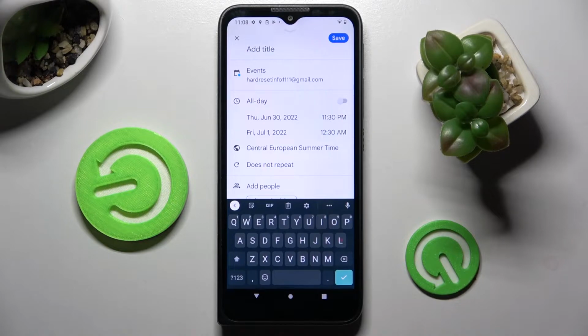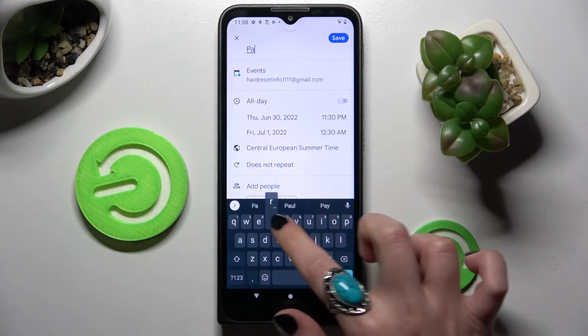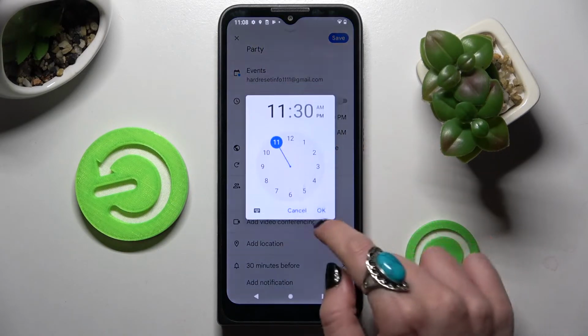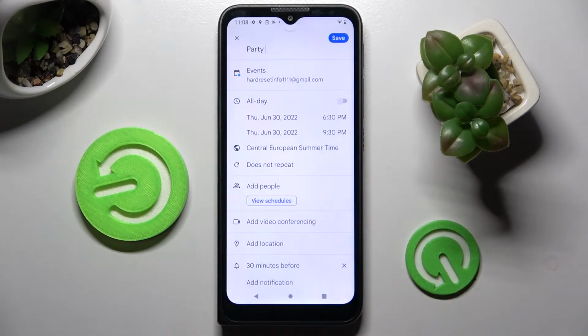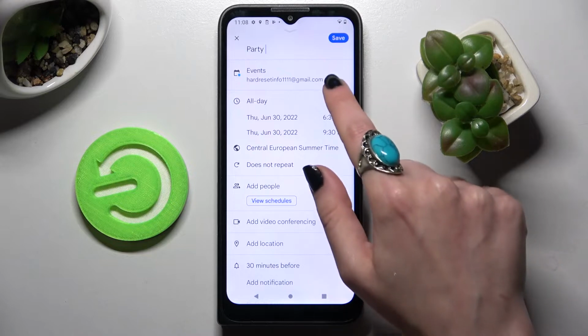Now adjust it however you want to. For example, add a title to it. Over here, you can select starting hour and ending one. If you don't want to do that, you can always disable this feature completely by clicking on this switcher next